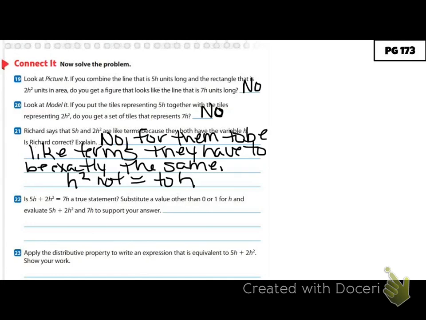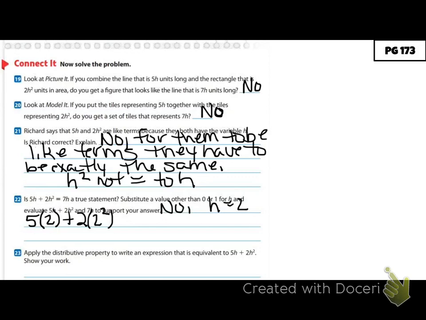22: Is 5h plus 2h squared equal to 7h a true statement? Substitute a value other than 0 or 1 for h and evaluate to support your answer. So, based off the pictures, we said no, because h and h squared aren't the same. Well, now they want us to prove it. So it says, do not use 0 or 1, but let's say that h equals 2. So let's take this 2 and plug it in. So if we have 5 times h, which would be 5 times 2, plus 2 times 2 squared,